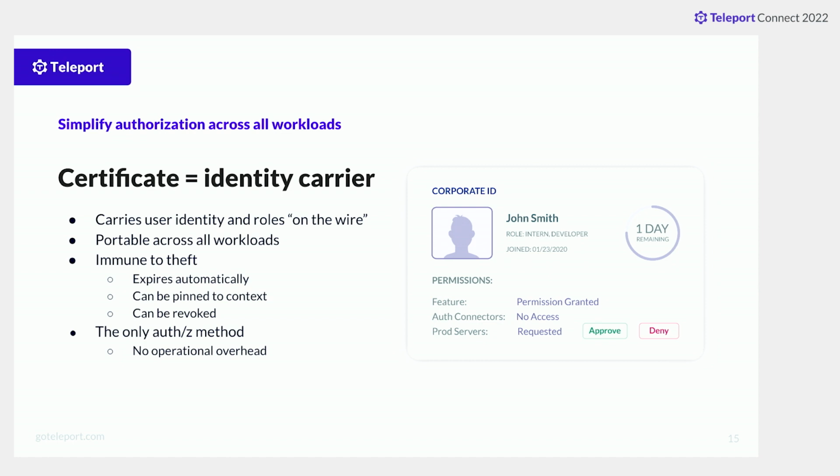Certificates are also portable, because it lowers your operational overhead, because there are two primary certificate types, X509 and SSH. So if your access solution issues certificates for everything you need, then all of your infrastructure is covered because certificates are supported by almost everything. They also can be pinned to a context when this particular certificate is valid. For example, on a client IP address.